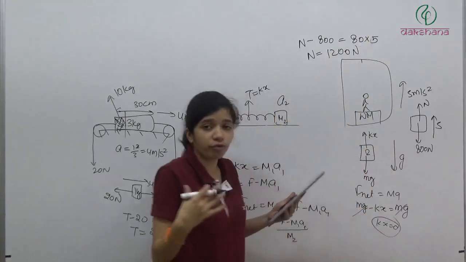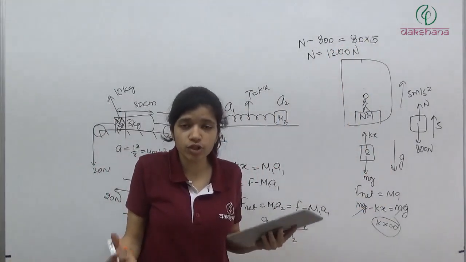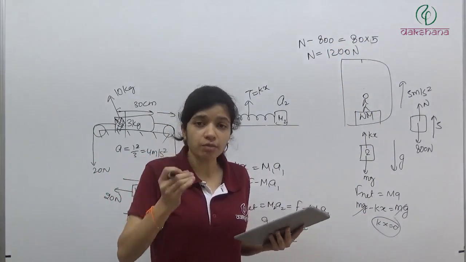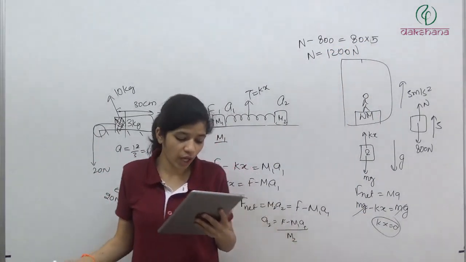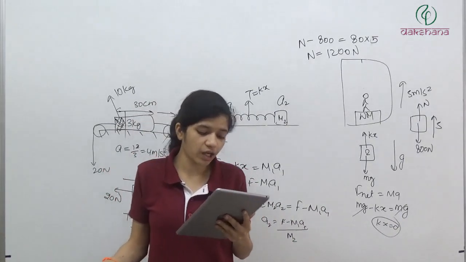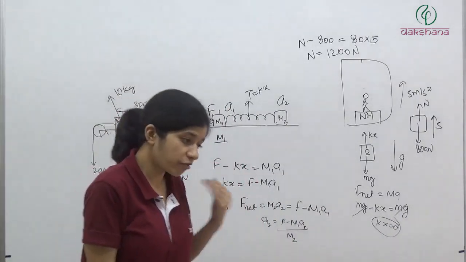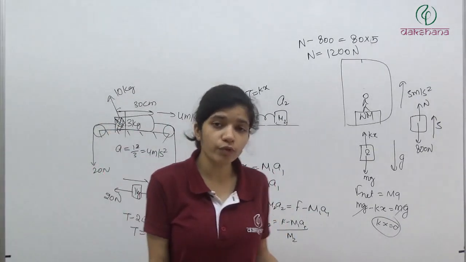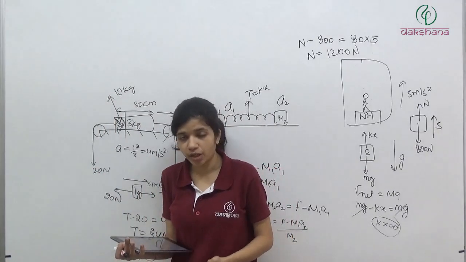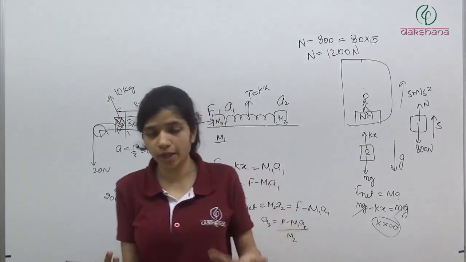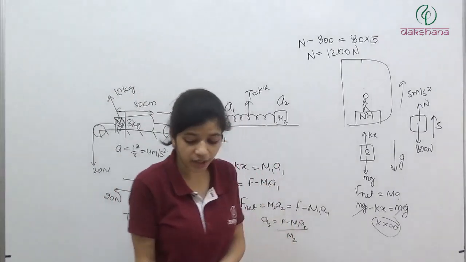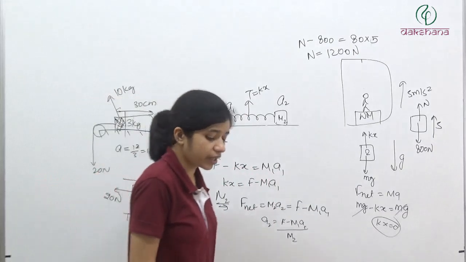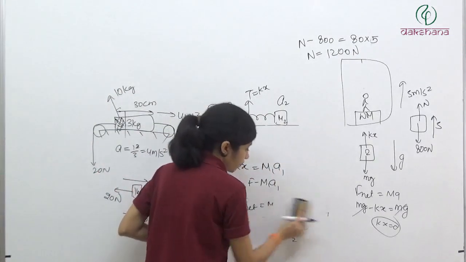So basically he will feel more weight, है ना, जब ऊपर जाते हैं तो suddenly we feel more weight. Why? Because we are pushing the floor with some greater value of normal. So यहाँ पे हमारा जो रीडिंग ऑफ द स्केल आएगा वो कितना आएगा, 1200 न्यूटन। उसका वेट कितना है, it's 800 न्यूटन, his mass is 80 kg, तो वो उसको नॉर्मल फोर्स जनरली लगाना चाहिए 800 न्यूटन, but because he is in a lift which is moving with some acceleration, so यहाँ पे क्या आ जाएगा, this will be 1200 न्यूटन।